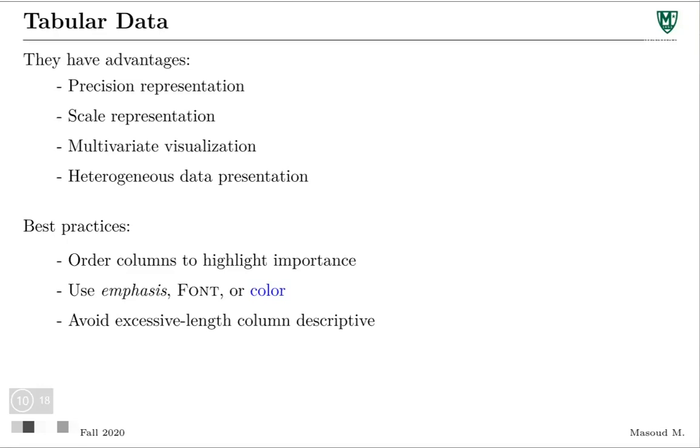Keep it close. The order should be related to how important that variable is. Use emphasis, like italic, or change the font for a specific variable in a table. Right? If you are representing variables in a table,